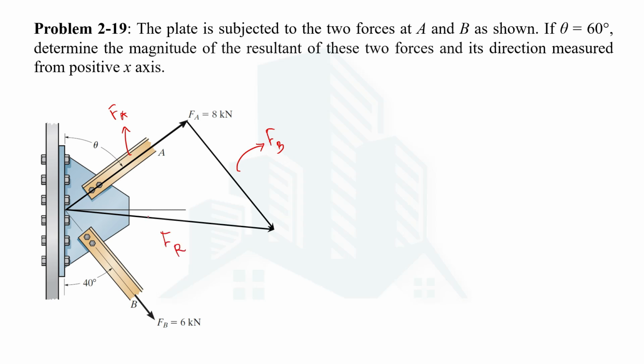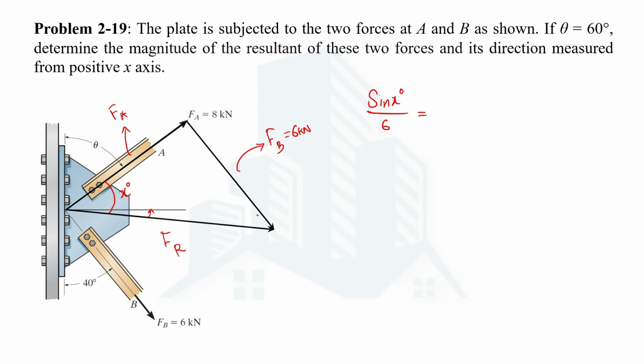We are interested in determining this angle, the angle which the resultant is making with the y-axis. For that, if we are successful in determining this interior angle, then we will be able to determine this angle. So this angle is the angle of our interest. Let's say the angle is x degrees. So sine of x degrees will be divided by the magnitude of the opposite side, that is Fb, which is 6 kilonewton. So divide by 6 equal to,